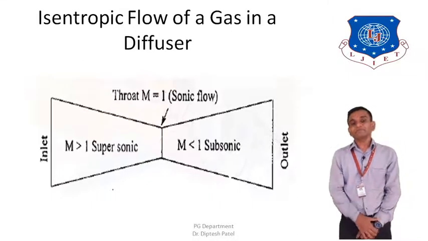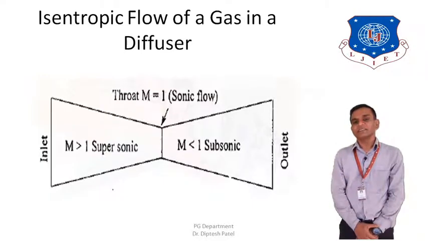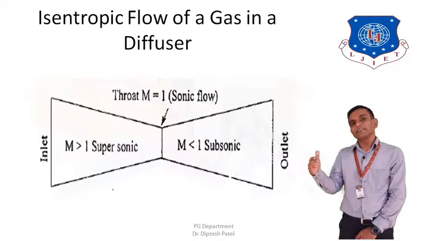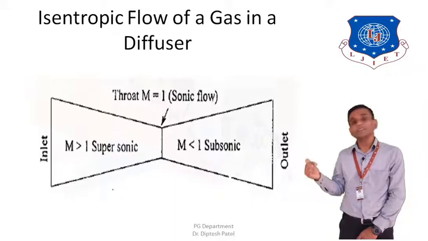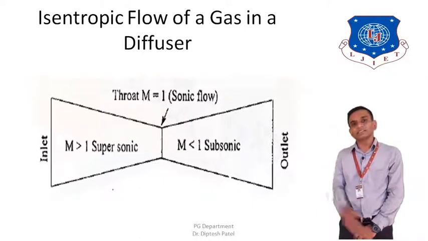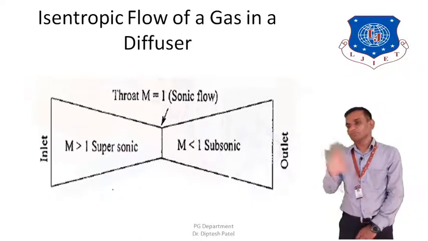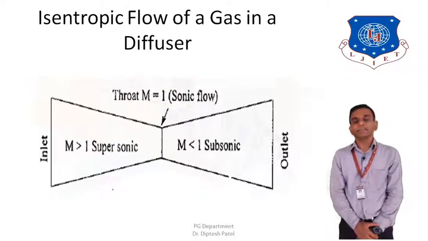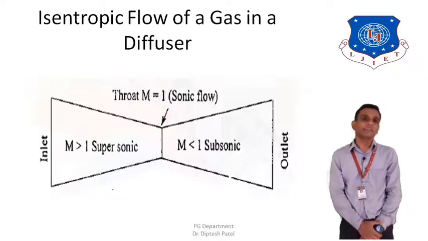When that supersonic flow enters the inlet section, it would have a reduction in velocity and increase in pressure. Because of the reduction in velocity, the supersonic flow will become a sonic flow when it reaches the throat section. From the throat section to the outlet section, its velocity is further reduced, and it becomes subsonic. So with the increase in pressure, there is a sacrifice of velocity, and the velocity reduces from supersonic to subsonic, as you can see in this diagram.